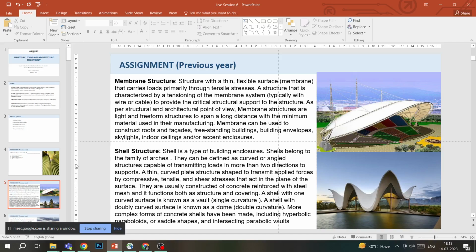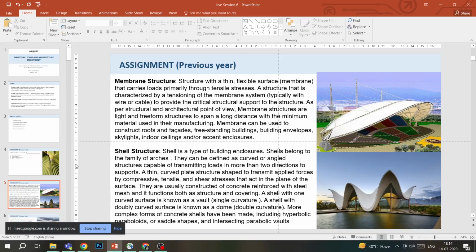So basically, membrane structures use tension in their structure format, where cables and wires are used to create tension in this kind of structure. And there is usually a surface that is used in these kinds of structures, which are usually fabric